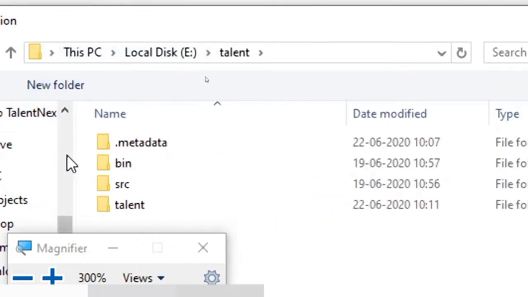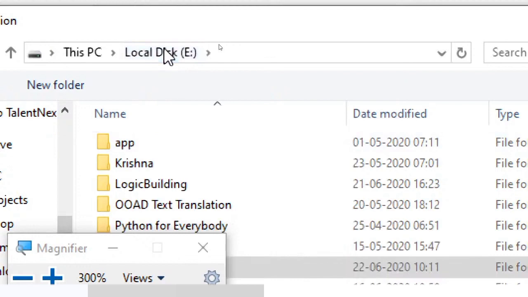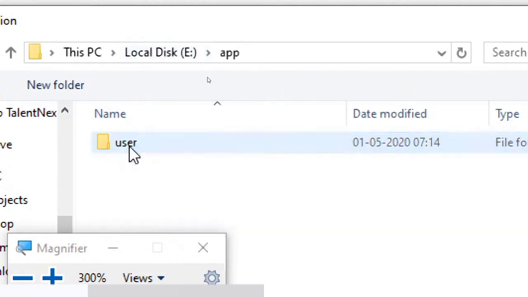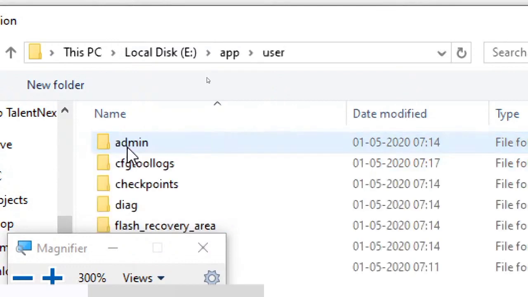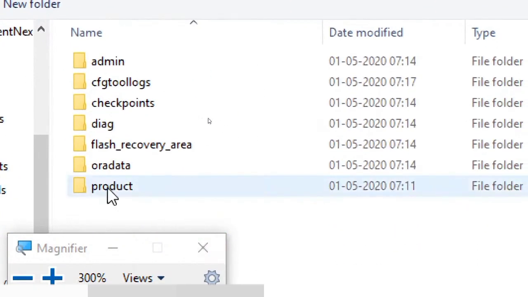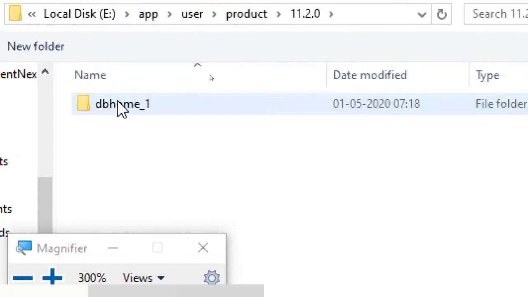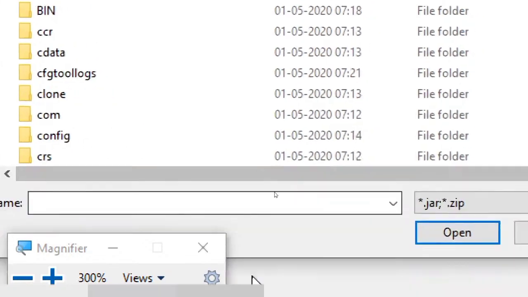your folder gets opened, and then go to the drive where your Oracle is installed. I'm just going to the place where my Oracle is installed. So I have installed my Oracle database in my E drive. So I'm just showing you how to go. So E drive, app folder, user folder, and then in this I'm having product folder. Here I have installed Oracle 11 database. So Oracle 11.2.0 and DB home, and here you can see,